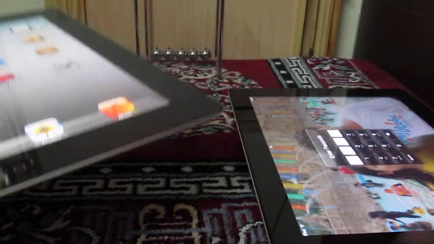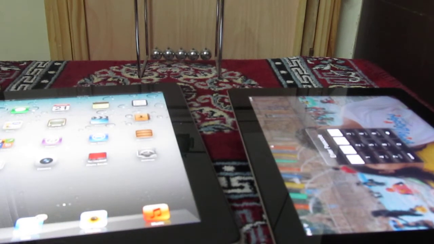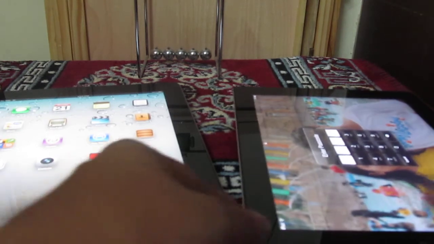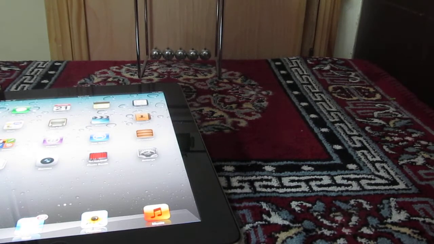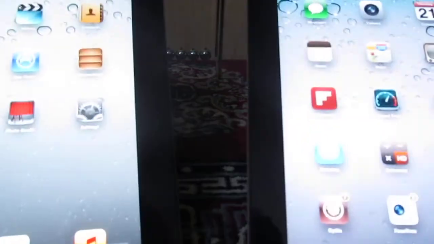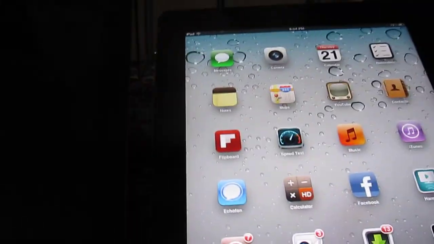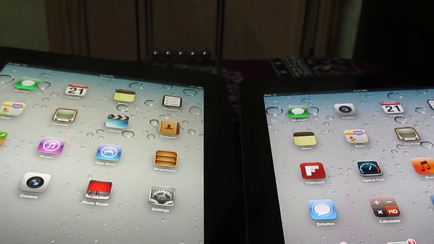So iPad 3 is slightly heavier as compared to the iPad 2. Dimensions of iPad 2 and iPad 3 are similar. There is no difference in the overall display size. The screen size remains the same on both.